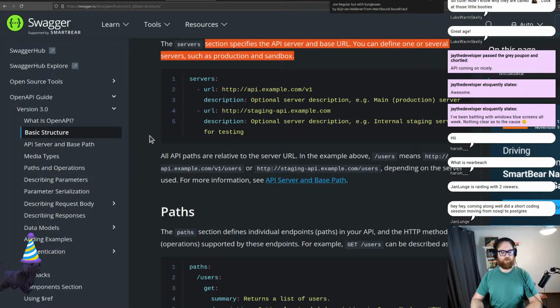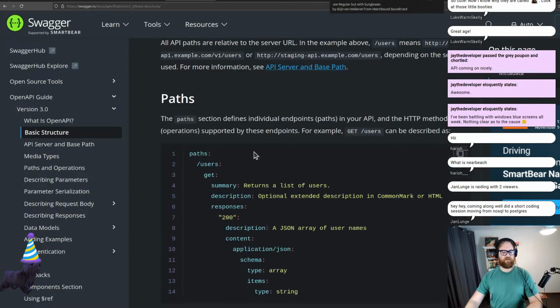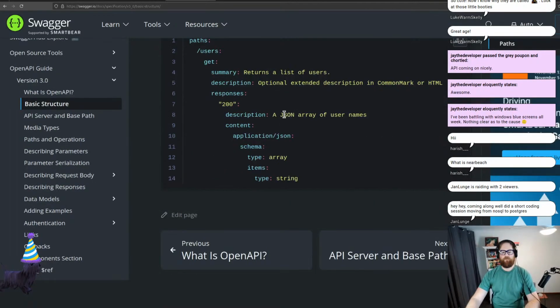Yeah, just because you actually self-host. That's all. And then the paths section: individual endpoints of the API and the HTTP method operations supporting these endpoints, for example. All right, cool. Now we've got